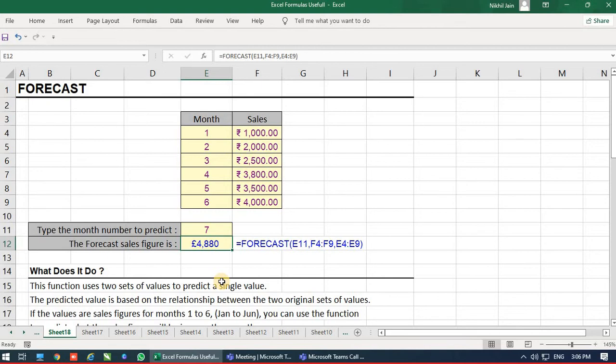So, a very interesting formula and useful for predicting sales. Okay, another thing, the forecast value always predicts on the positive side, in a plus section, so no need to worry even if we are going into a loss. The computer won't predict loss, it will predict a positive value, so you can give the target to your team.